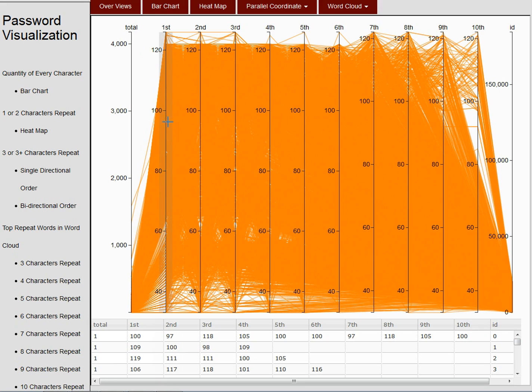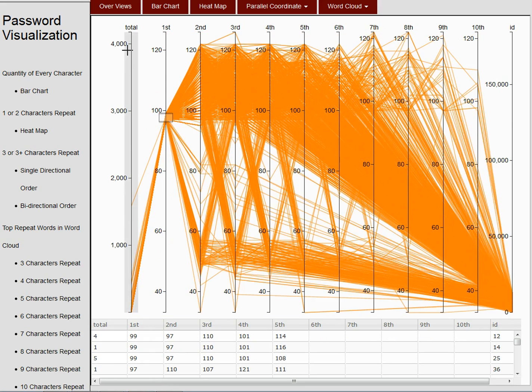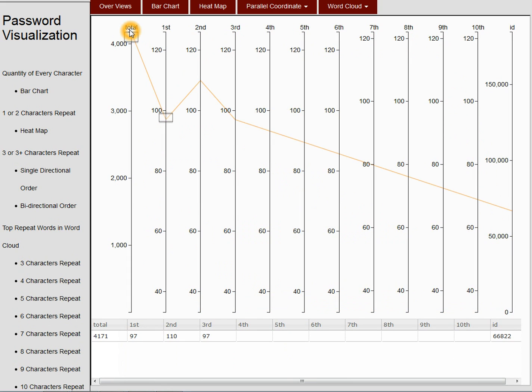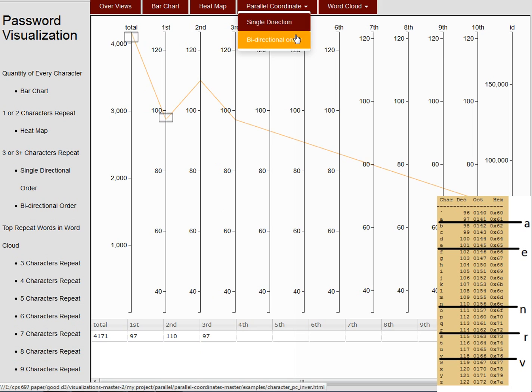We can also use a brush to select a specific range of the records. For example, when we brush it, we can see that the highest repeat string in the single direction is 97, 110, and 97, which means the string ANA is most often used as a repeat string when setting passwords. In the bi-direction parallel coordinates,